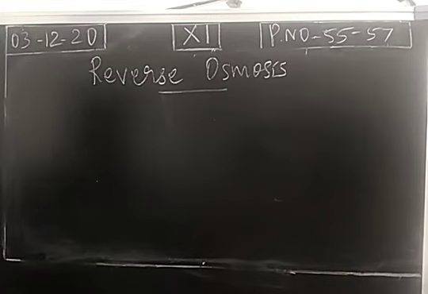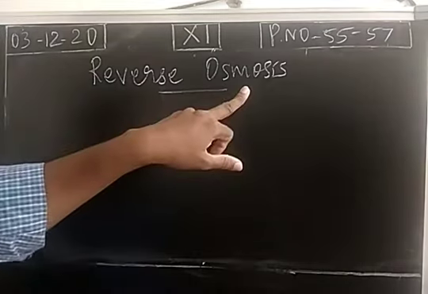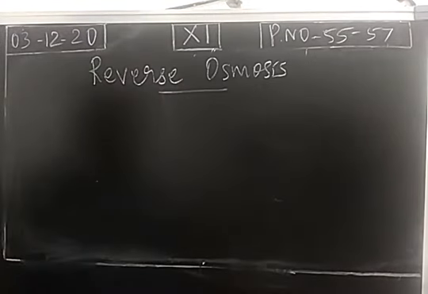The movement of a solvent against the direction of osmosis is called reverse osmosis. If a solvent moves from the first compartment to the second compartment, this is osmosis. From the second to the first compartment, we are making the solvent flow. This is called reverse osmosis. The osmosis is reversed by applying more pressure.